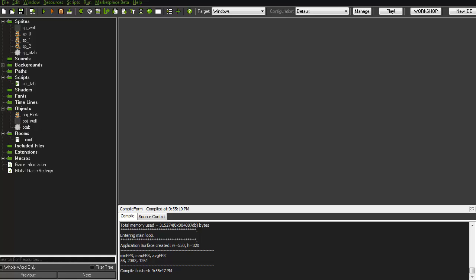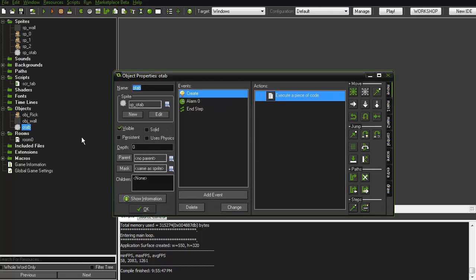Today we're going to continue our tutorial about the swipe. So let's get into it. So the first thing you will want to do to expand this